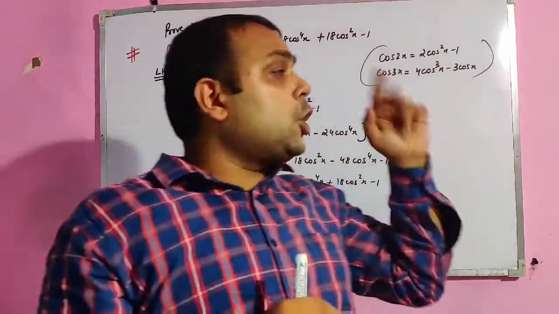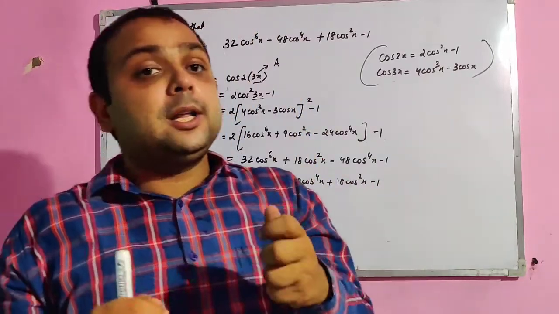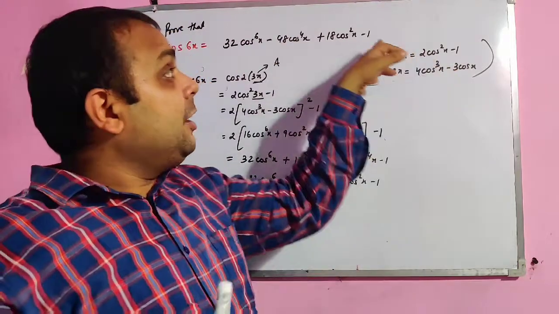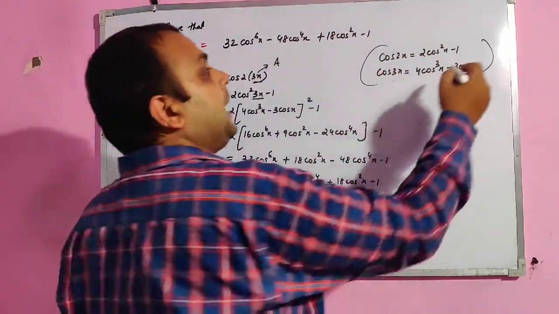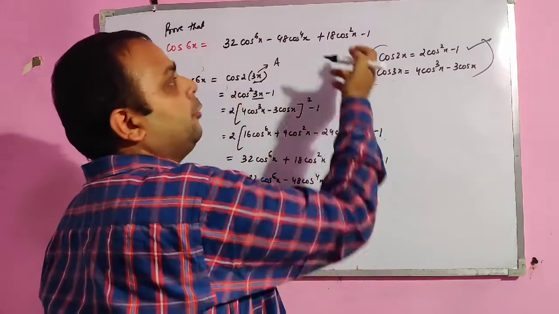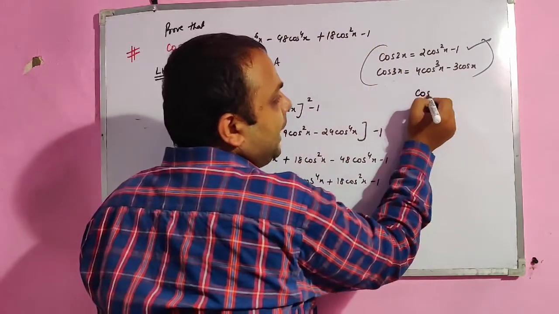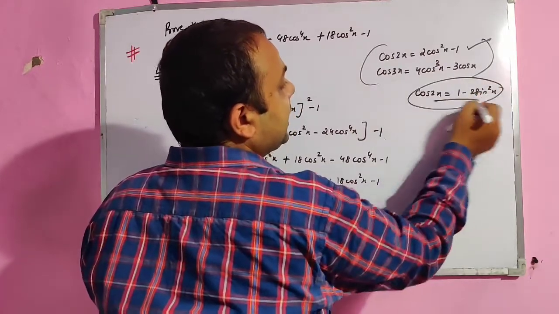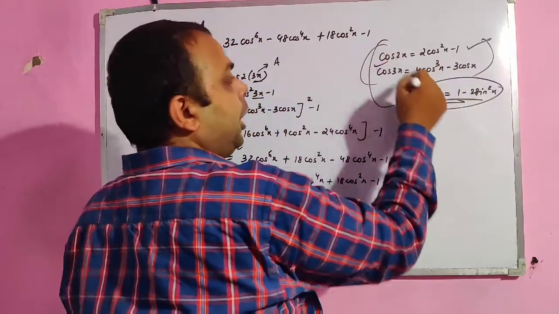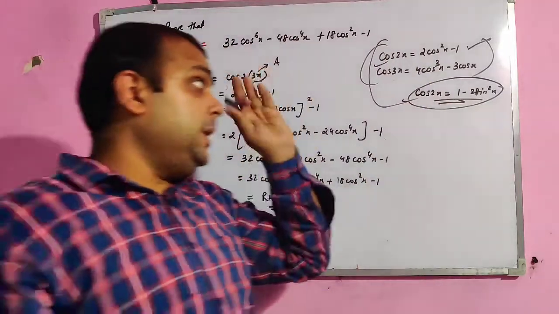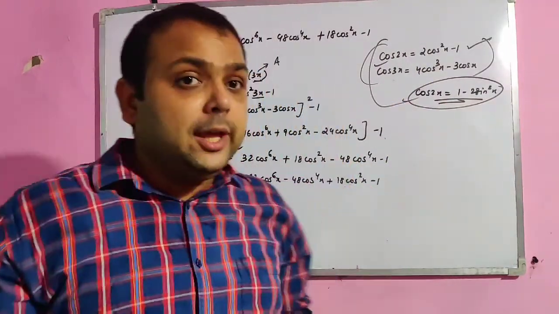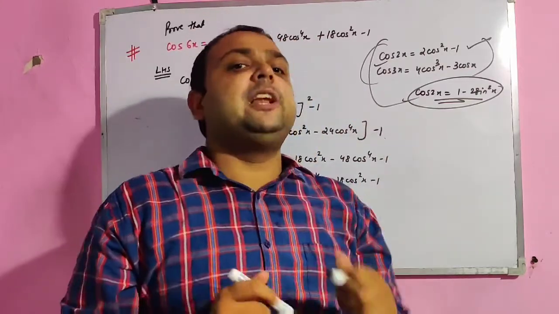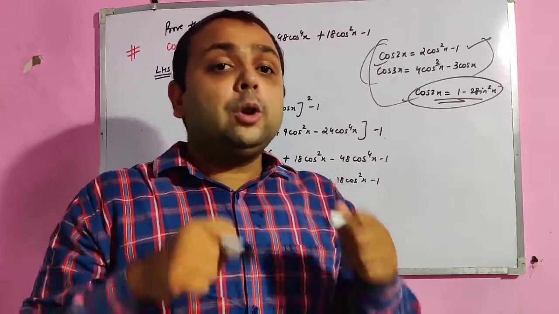Now in case of cos 2x, we have 3 identities, but this question is purely based on cos only, and then one is at the negative end, so we have to apply this identity. If one is at the starting point, then we have to apply the formula 1 minus 2 sine square x. Depending on the condition, I have to choose the formula for cos 2x. So please go through all the identities very carefully before doing any question. I will explain some more questions to you which will help you understand the concept more clearly.